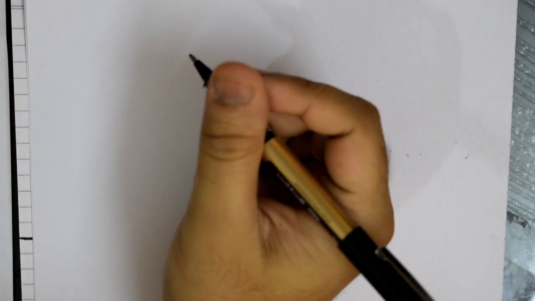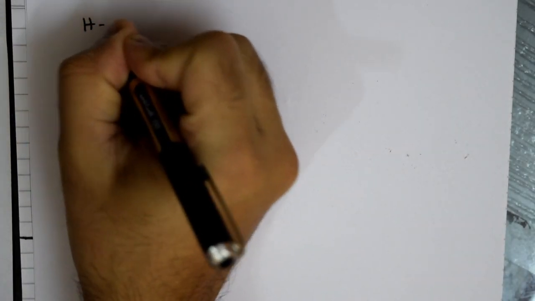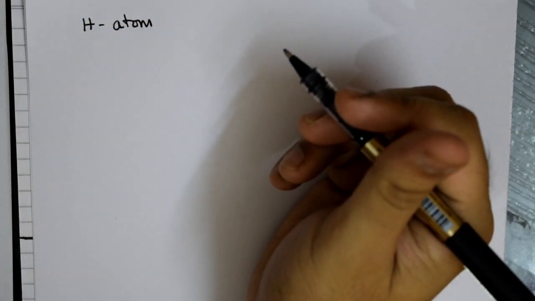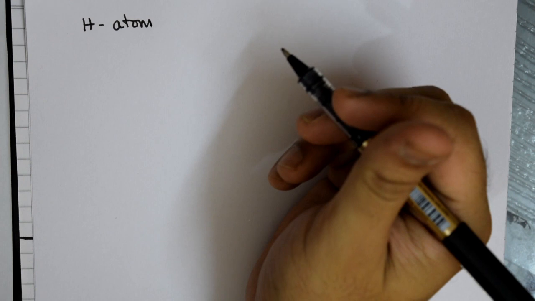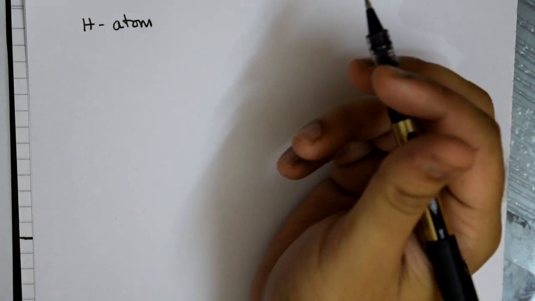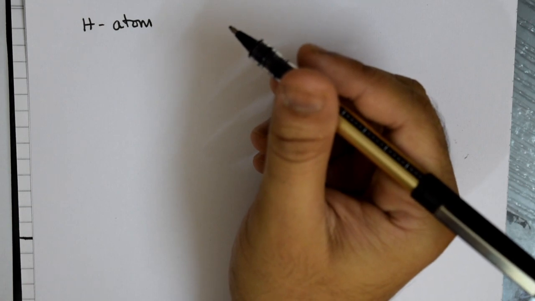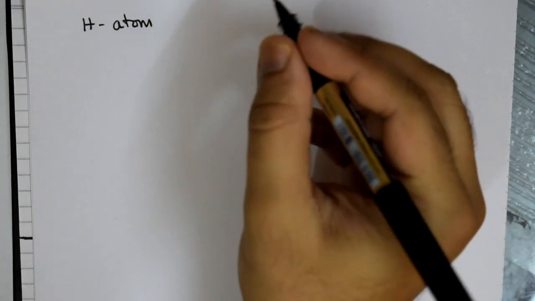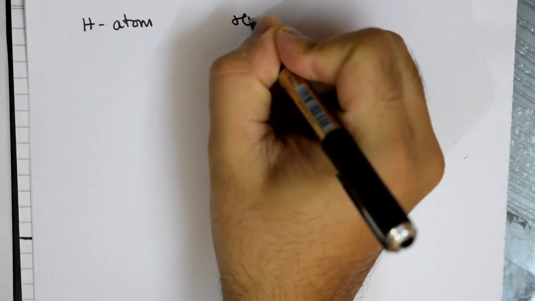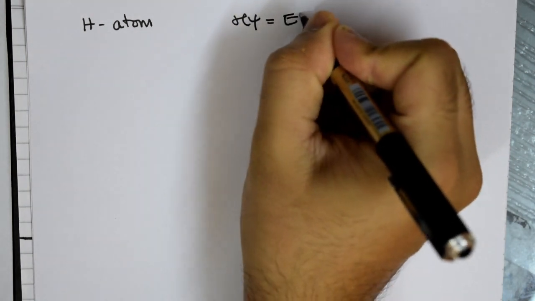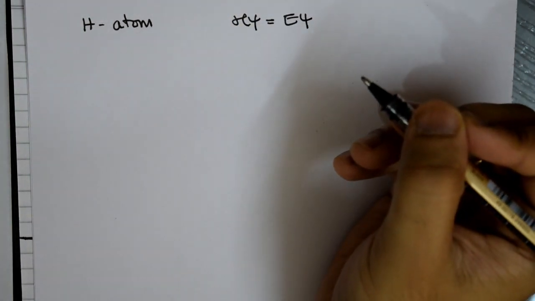Today's class, we will be looking at the hydrogen atom problem. What is the hydrogen atom problem? We would like to solve the Schrodinger's equation for this model system. Actually, this is a real system, so as to understand what are the implications that come out of it. As always, we will start with the time-independent Schrodinger's equation, which says H psi equal to E psi.